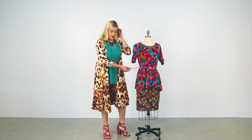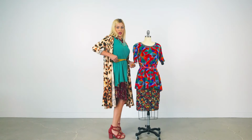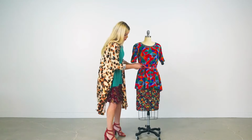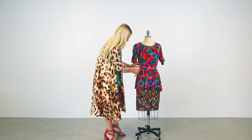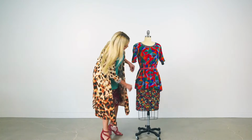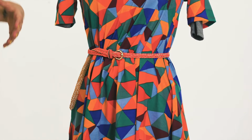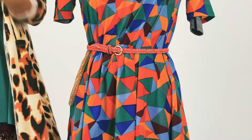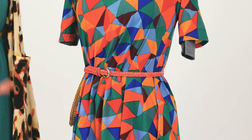And with belts like this, make sure to have fun with the way that you tuck it in. So for instance, right here, I'm tucking mine underneath, but you can also tuck it like this. You can leave it a bunch of different ways, however you want to do that. But here, as you can see, you mess with the pleats that it creates, but it almost makes a peplum look with that tight skirt. So you can also do this with the Cassie, but I like to do that little knot for the Cassie, but this is the Julia in the perfect tee, and I just love the way that it makes that feminine line,